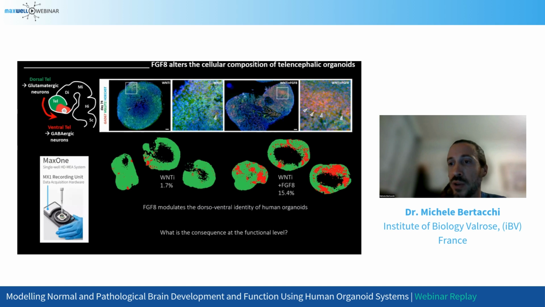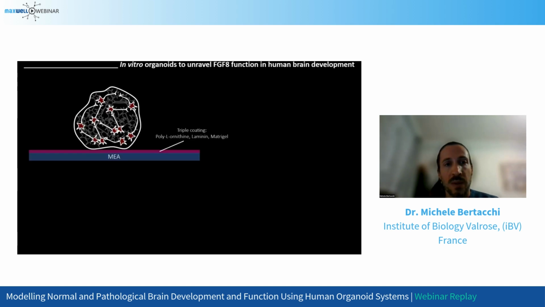Is this different ratio of dorsoventral neurons giving rise also to a different activity? And this is where we use Maxwell technology. In the lab, we have the MAX1 system. Marie also said that there are different strategies to put organoids on the multi-electrode array chips. In our case, the beauty of the 3D organoids is that they have a higher cellular heterogeneity and they form